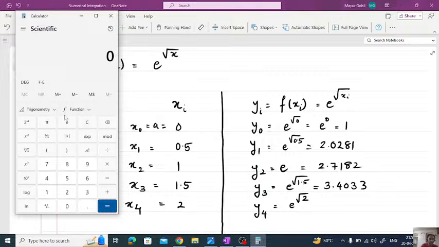So e power square root of 2. So I have 2 square root here, and in the power we have to take 0.5. Here I'll get, enter. So it is 4.11,